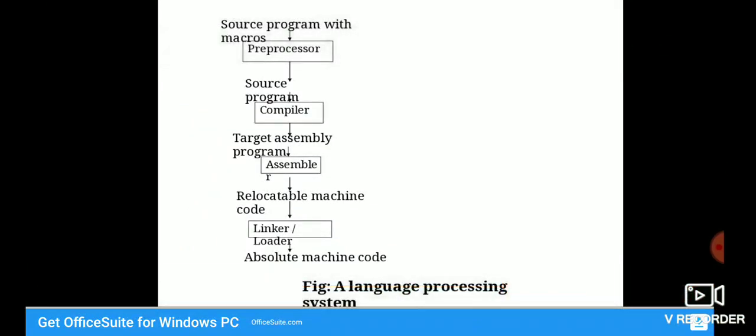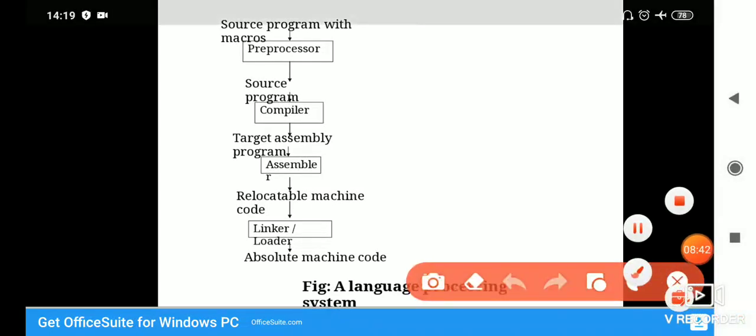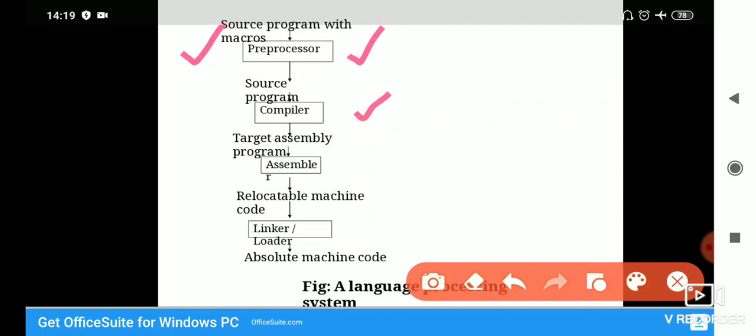This has been depicted in a picture, which we can see over here. The source program with macros. Macros are what? #define, #include, all these are your macros. The source program with macros goes to the preprocessor. Then the source program is fed to the compiler. The compiler converts it into a target assembly program, which is then fed to the assembler.